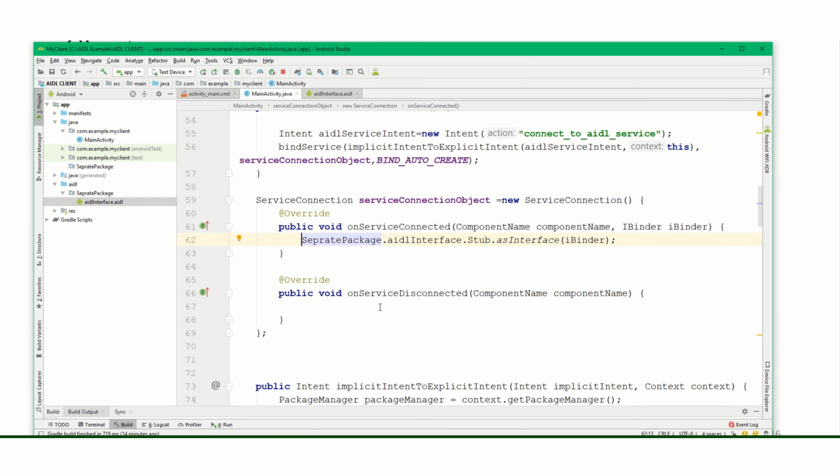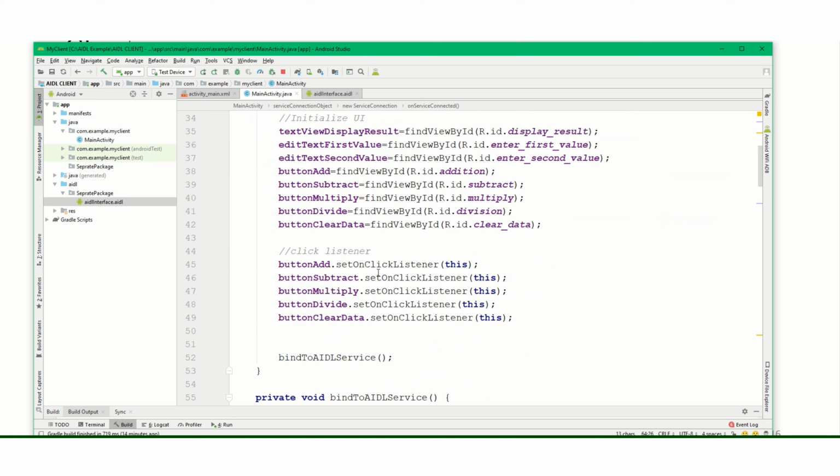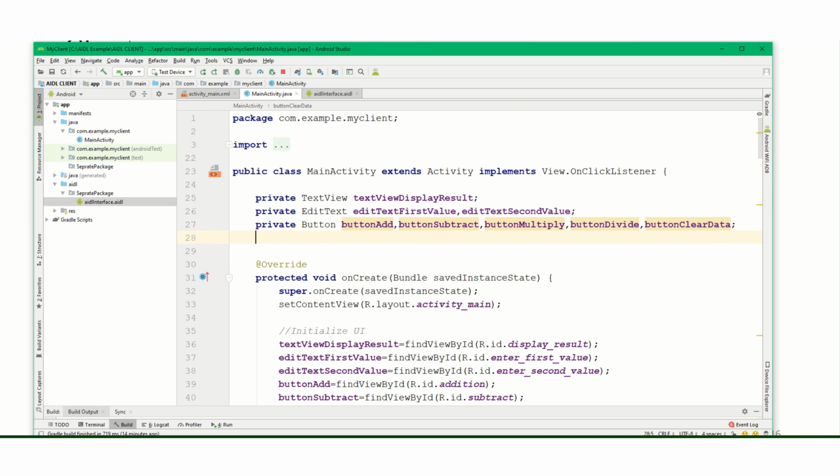So for simplicity, let's just write one AIDL object, assign it over here, and local variable. Okay, I have created one local variable. Let's create it on the top. Just copy paste this, copy it, declare it as private.